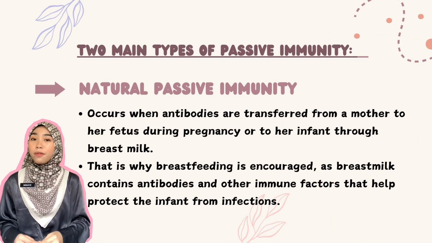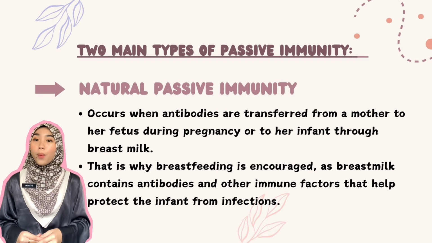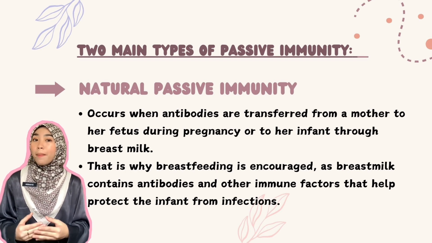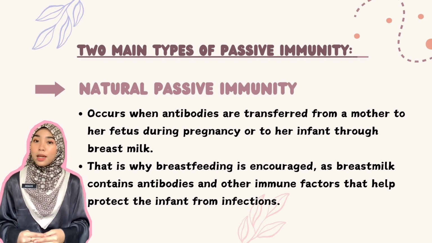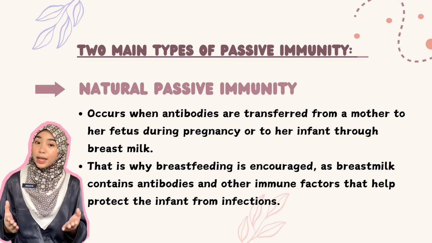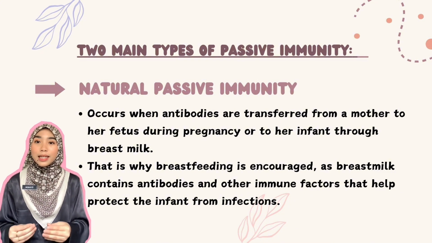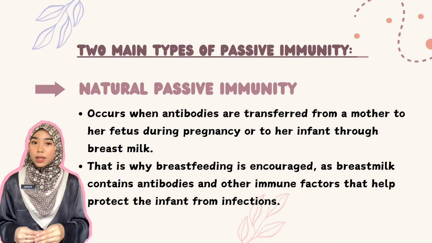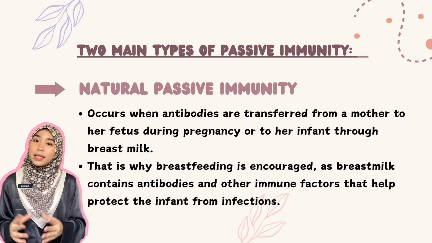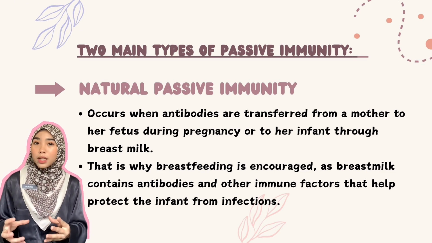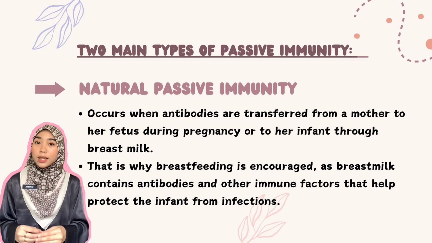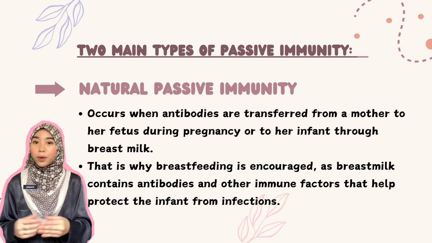Natural passive immunity occurs naturally when antibodies are transferred from a mother to her fetus during pregnancy or to her infant through breast milk. The antibodies passed from the mother to the baby provide protection against certain infections during the early stages of life, when the baby's immune system is still developing. This is why breastfeeding is encouraged, as breast milk contains antibodies and other immune factors that help protect the infant